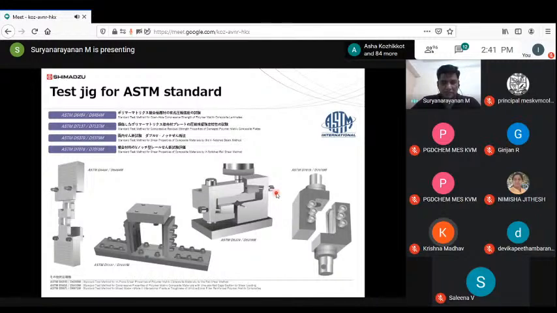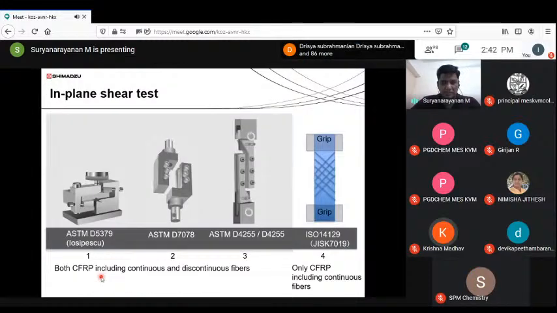regulations. And there are several types of standards to begin with in the ASTM accreditation, which has different types of materials, starting from iron, steel, non-ferrous metals. It also covers all customized materials as well. Moving on to the next slide, we shall be seeing the in-plane shear test jigs here,